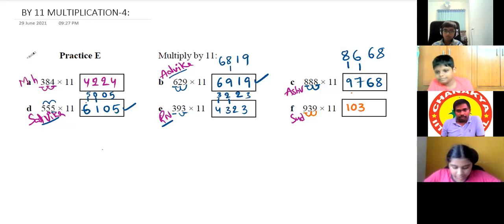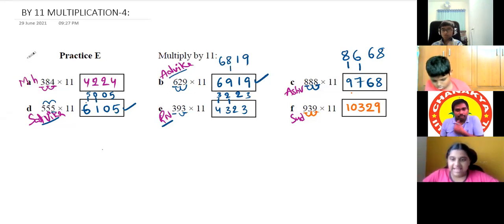Then 9 plus 3, 3 plus 9 is again going to be 12, sir. And number 2 is enough. So 12 means end number 2. So we can write it as it is only because the next place has no carry. Only 9, right? Yes, sir. That's 2 and 9 as it is.